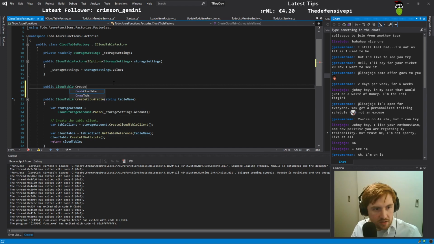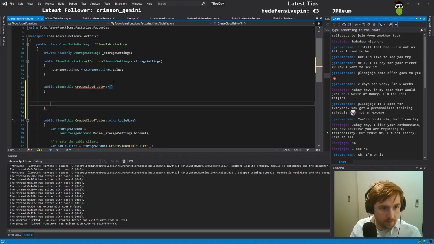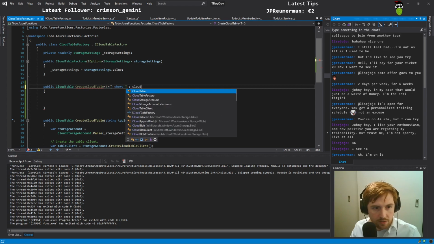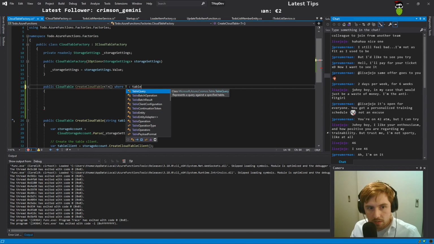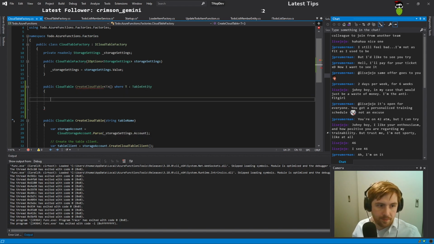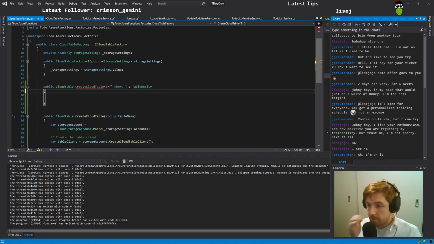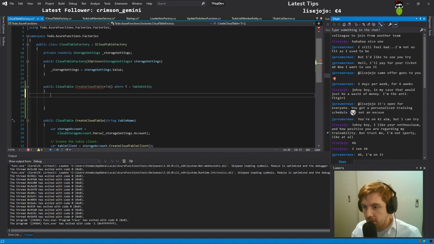So create cloud table T where the cloud table entity. It does break if I rename something now, but